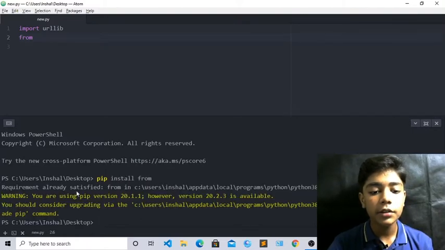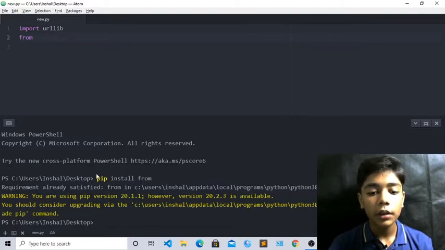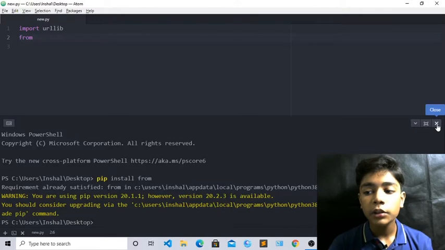You can see requirement already satisfied because I have already downloaded this from in my C users, install, app data, local, programs, Python 38-32, lib, site packages. There my all things like from import urllib, everything is downloaded. Now just close it.